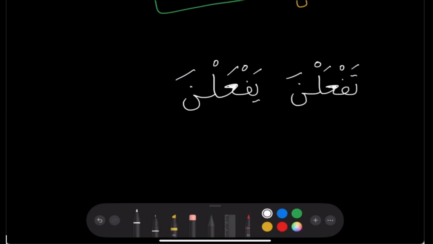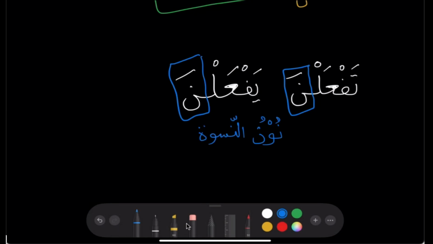So now I already told you this noon is a pronoun, and the name of this pronoun is nunun niswa. Nunun niswa. The women's noon, or the noon of the women. Niswa is plural. It's like nisa. Niswa is like nisa, women. Nunun nisa. So this noon is for three or more